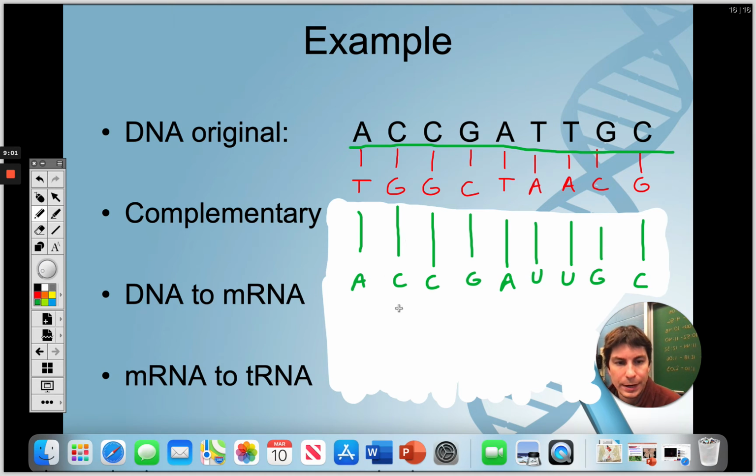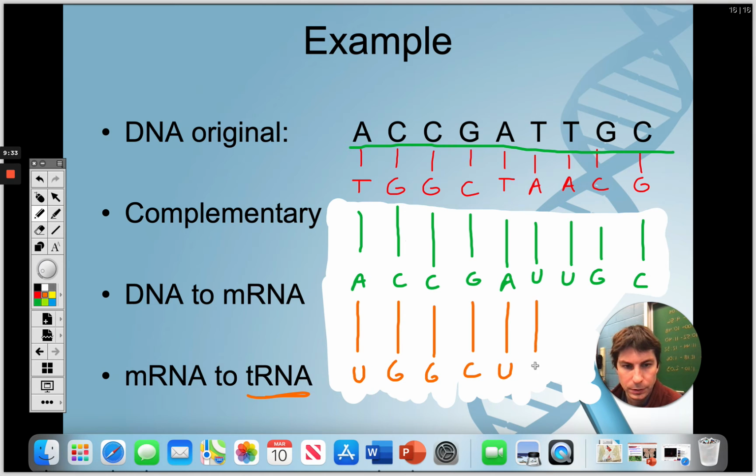This is my mRNA. This is the part that's going to go to the ribosome. When it's on the ribosome, the tRNA is going to fit perfectly into the mRNA. And that tRNA on the other side of it, it's going to deliver the amino acid. So we pretty much do the same thing. So A would go to, and this is RNA again, A would go to U, G, G, C, A goes to U, A,